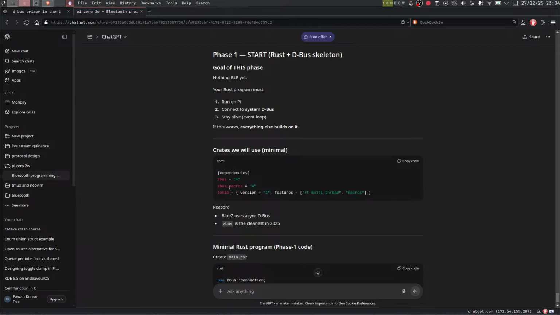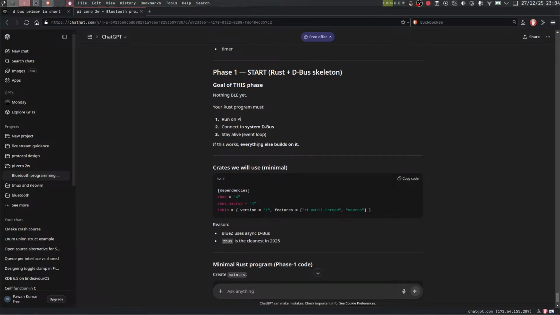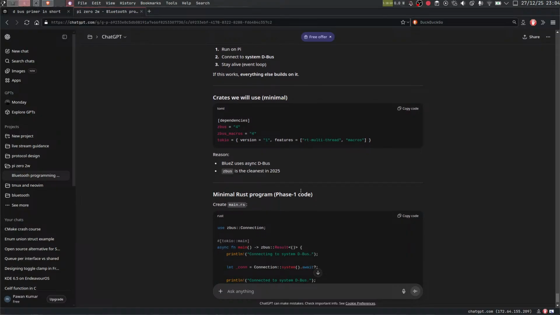So it is saying it is saying ZBus is the cleanest in 2025. BlueZ uses async dbus. ZBus is the